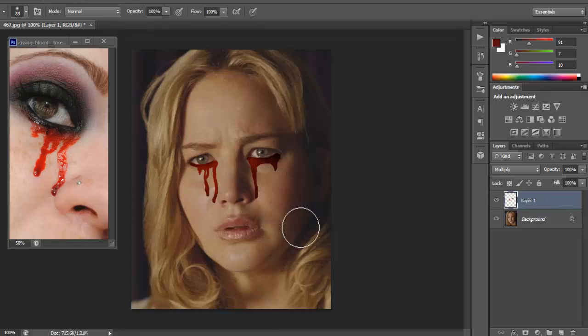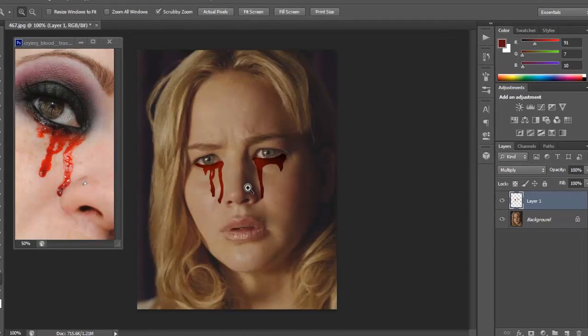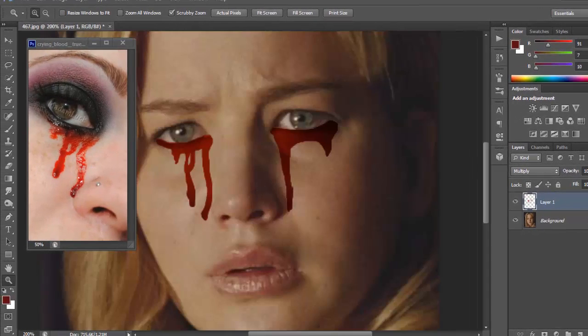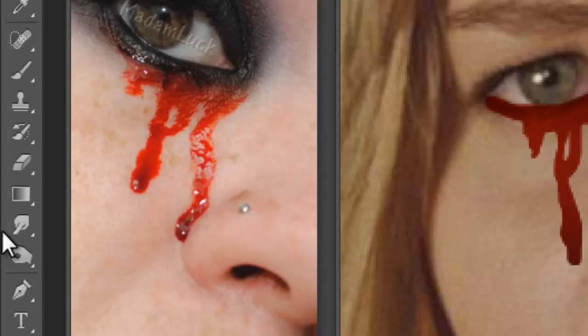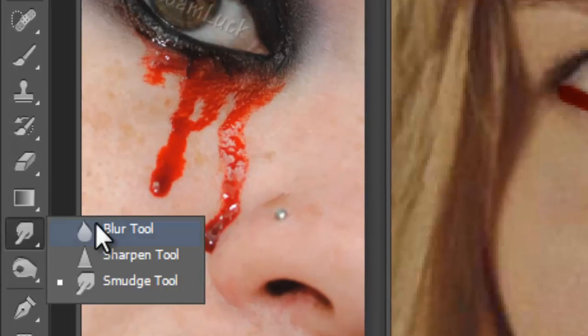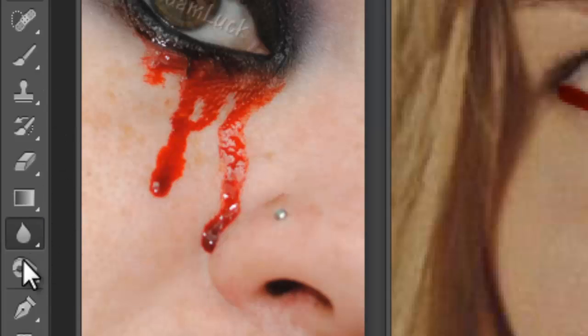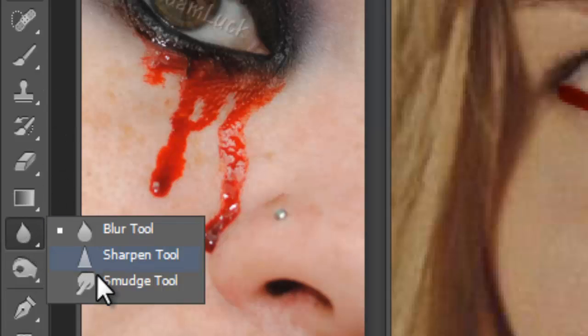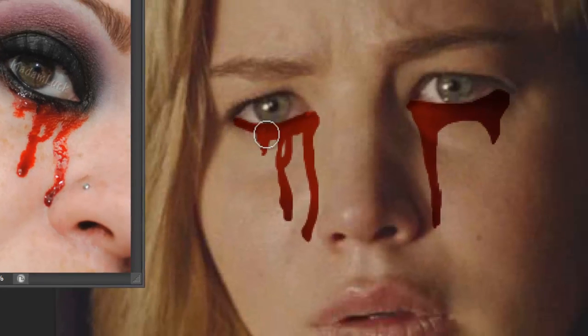And then the best part of making the blood look realistic is using the smudge tool. And that's going to be under the blur tool. Usually it's going to look like that in your tool. And with the smudge, you want to make sure that you don't go all the way out like that. You can if that's what you want to do. Sometimes blood likes to be a little bit smudgy, but just a little bit is all